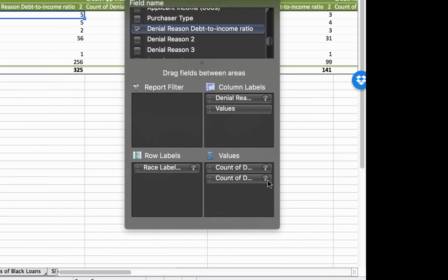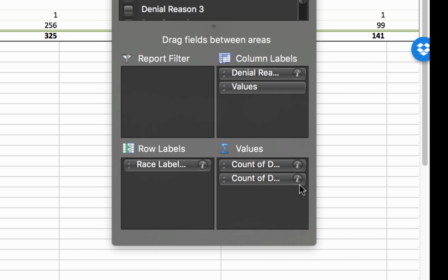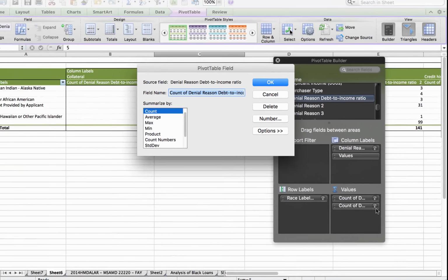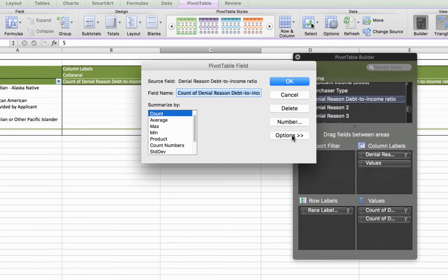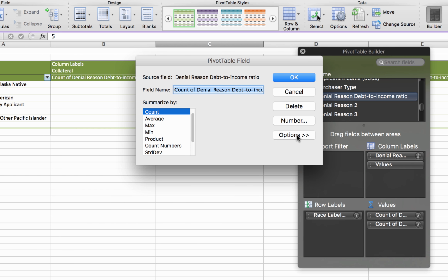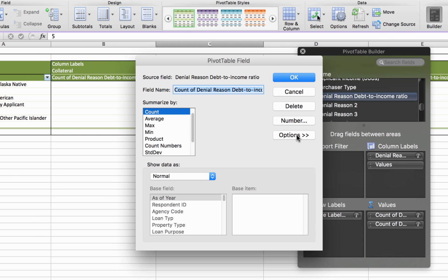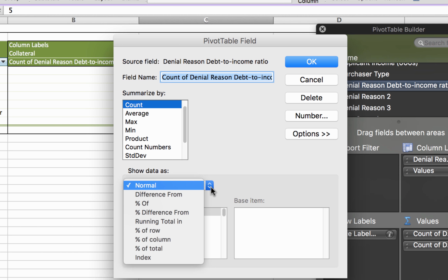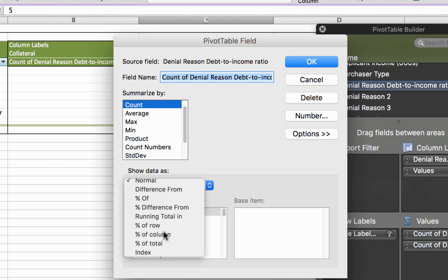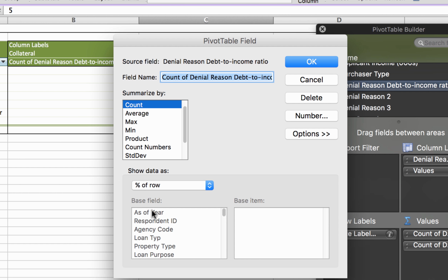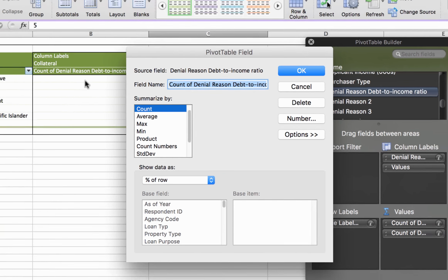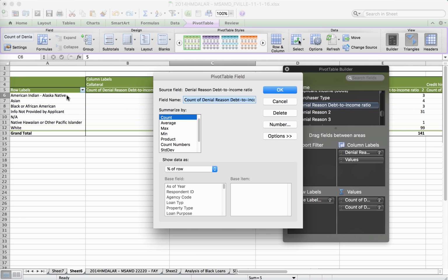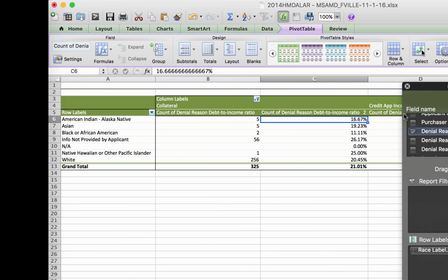To do the math on this, we hit this dialog button on the right, which gives us further information. And hidden in this pivot table is an option: show the data as a percentage of the row. What that will do is calculate all the data as a percentage of the row. So we'll be able to see what the totals are by race and row. Clicking on that,